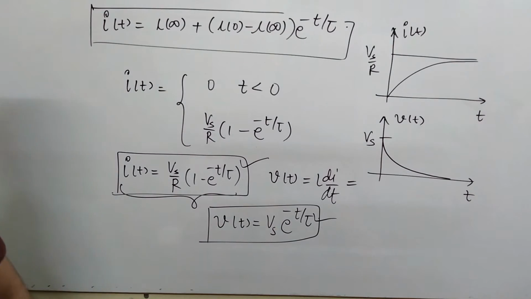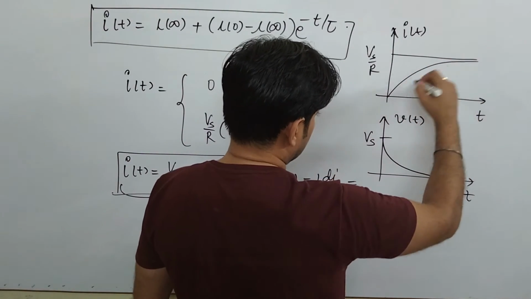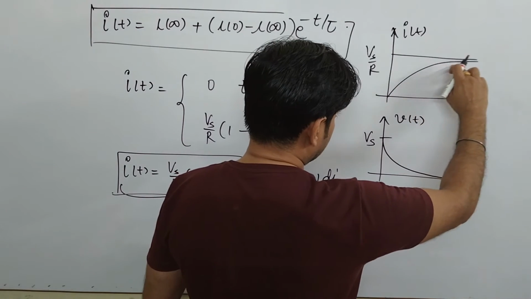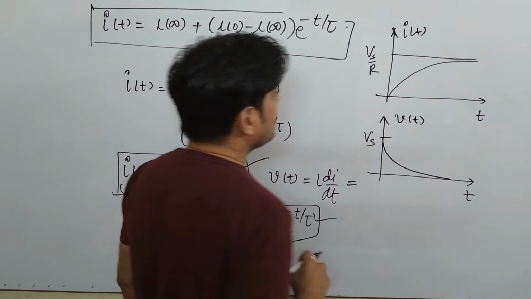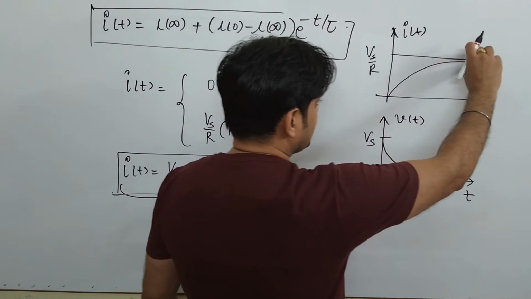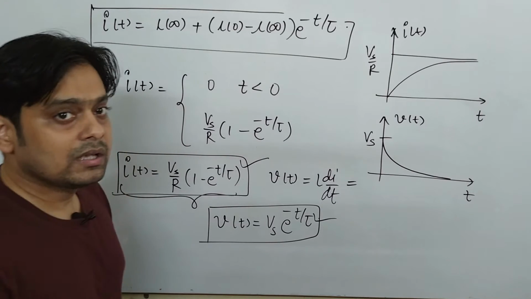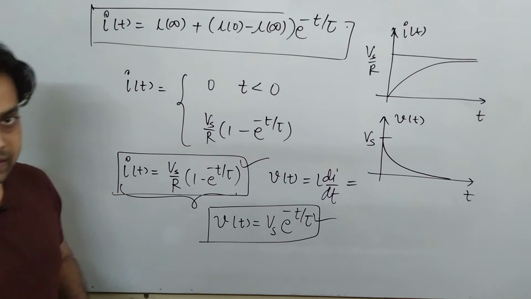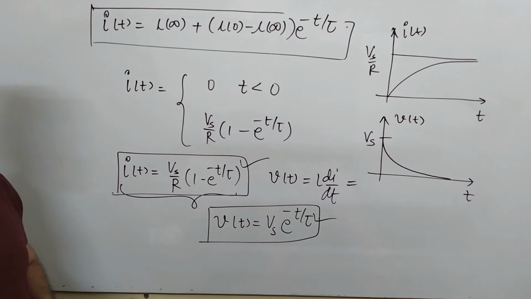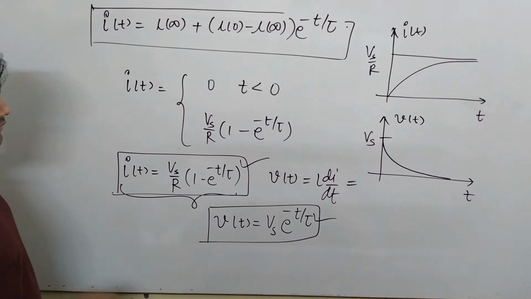Okay. So once your inductor gets fully discharged, a constant value will appear, that is a steady state value, and once it gets to steady state, the voltage automatically will be 0. We have already seen this by our differentiation properties. Okay, so this is your it, this is your Vt, and finally this is the solution for the current across the inductor.